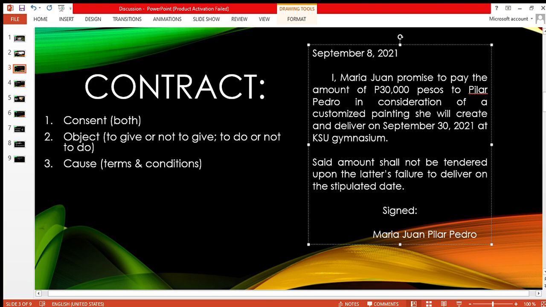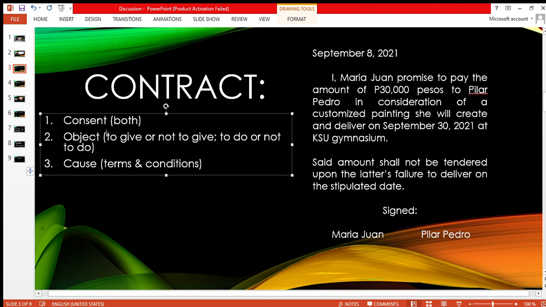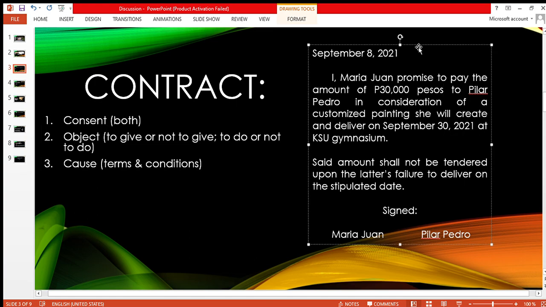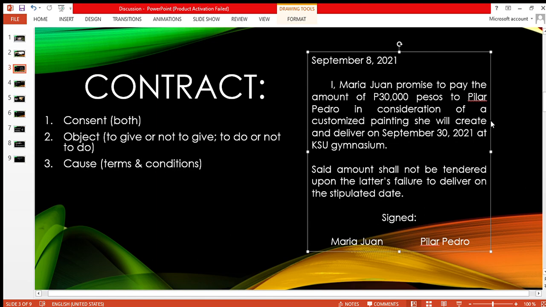Now, what is the second element? The second element of a contract as a legal document is the object. The object refers to the obligation of both parties, either to give or not to give, to do or not to do. Usually, the obligation to give or not to give talks about a monetary consideration. For example, in the contract given on your screen, the object to give is the amount of